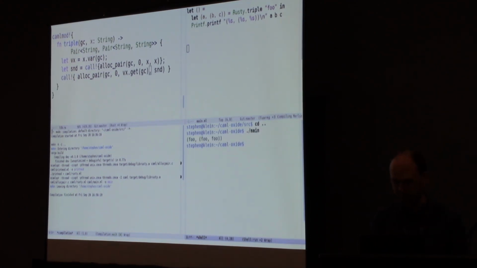It even runs the little OCaml program. This FFI is a proof of concept at the moment. It doesn't support many more types other than strings and pairs and lists and so on. But